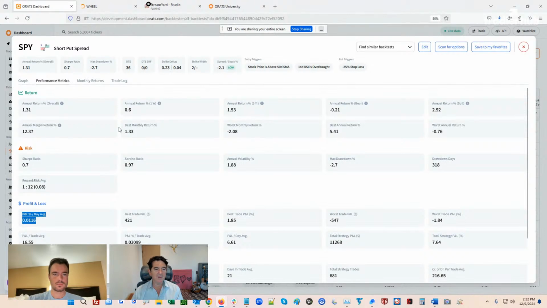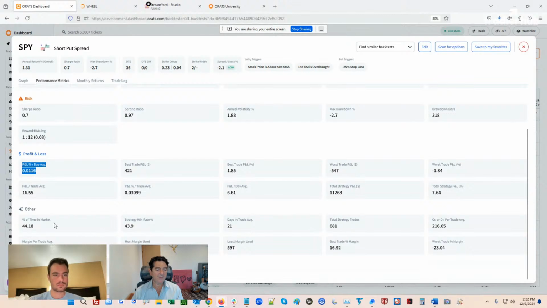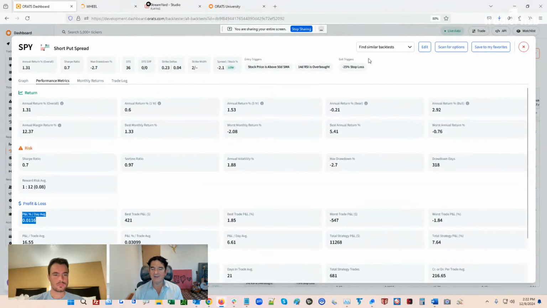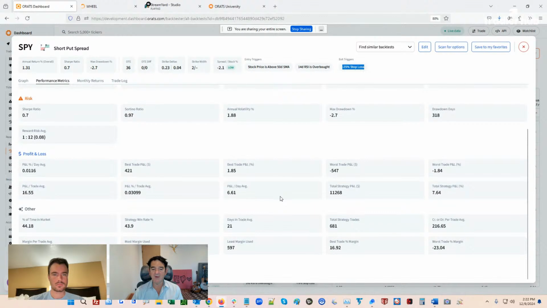because you can tell these don't always consider how many days you're actually in the strategy. And then you look at things like the percent of time in the market and the win rate, which is not very high because it's exiting very, very quickly. So your average loss is small compared to your average gain. You can look at those types of things,